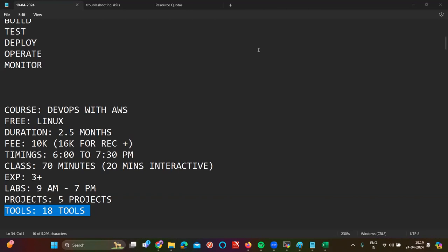The doubt is that I have no previous experience with AWS cloud. Is there still no issue attending this class, and will I get enough knowledge about AWS? That doesn't matter, Sachin. I'm covering the AWS part also from scratch. I'm telling how to build a server from scratch itself. Once you build the server, we are going to explore the remaining resources also. I'm going to teach you AWS in detail, no need to have any prior experience. Detailed knowledge of AWS is not required first in hand. It will take some time, but you'll get knowledge of AWS here.